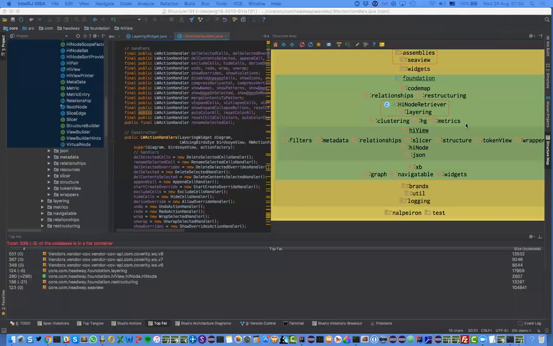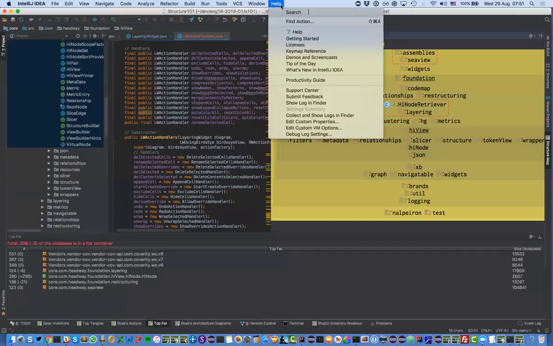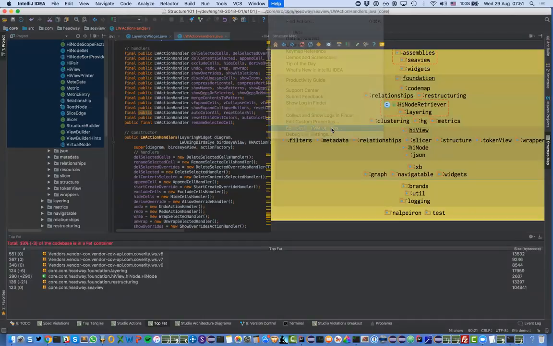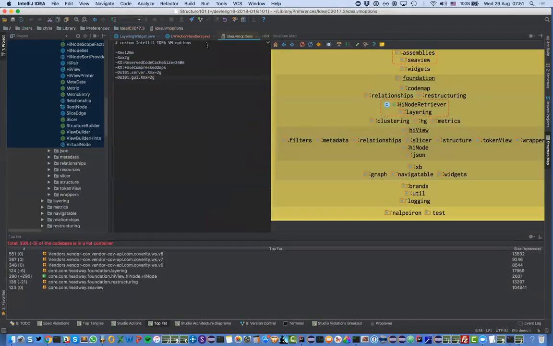So what it may need to speed it up, if you have a million lines of code or whatever, then you're probably going to be okay. But if you find it's dragging a little bit, what you're going to do is go to, in the case of Eclipse, in the case of IntelliJ, you can edit custom VM properties. If you go to this file here, the VM options, and change down here, you see this